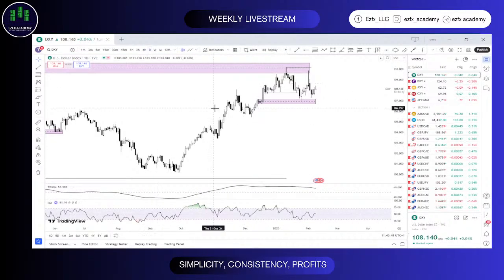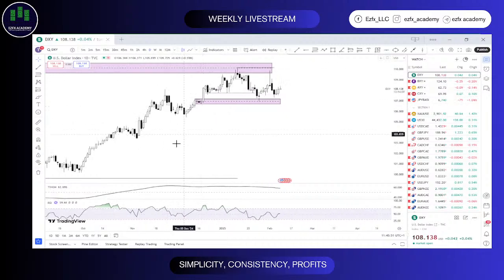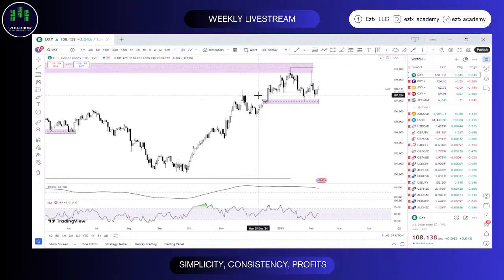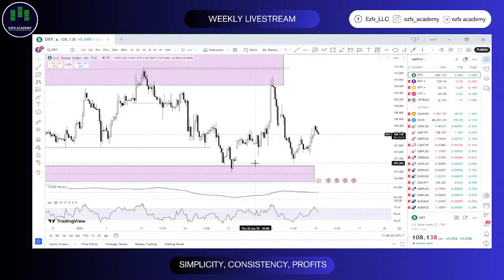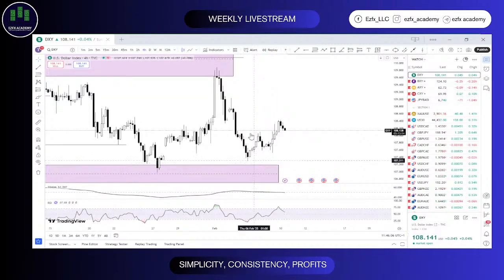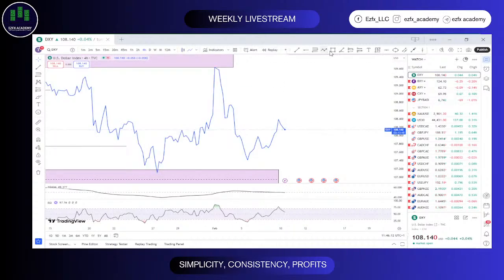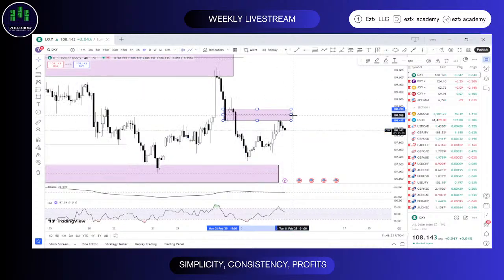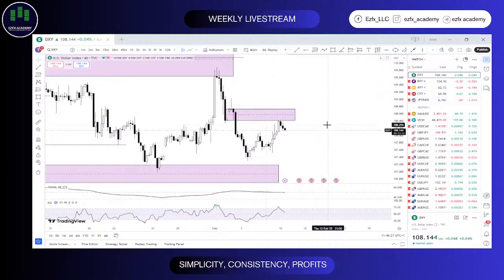Let me start from the daily time frame. What we have here is a sort of range, since the price has not broken above this high or below this low around here. So let's see if we can work out anything from where we are right now. This is the current pivot that we're seeing a reaction from. Let me mark that out. That current area is where we're seeing this drop from. Going based off of that, I think we might still get to see this guy drop a little bit.